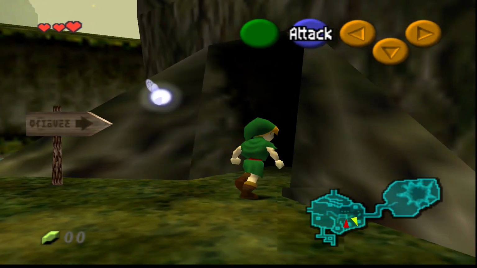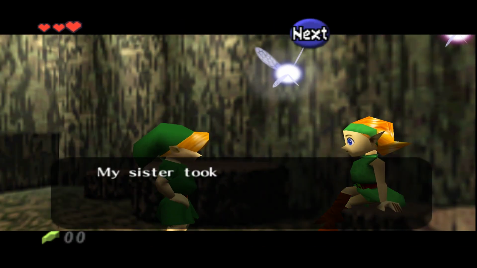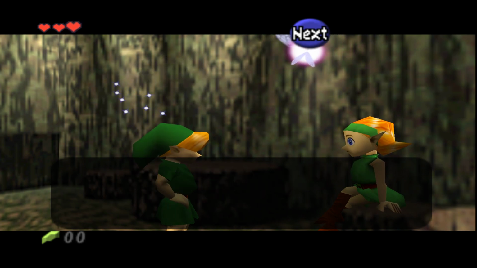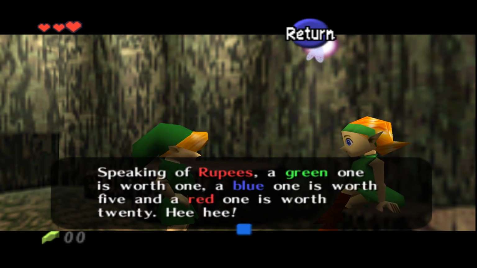House of Twins. Yeah, like, okay. So these guys, there's no one in this house. Wait, I found you. "My sister took some rupees and went shopping at the store that has a red roof." Oh, wow. You know, she could have just said the store, but she called it the red roof, as if I'm an idiot and can't...